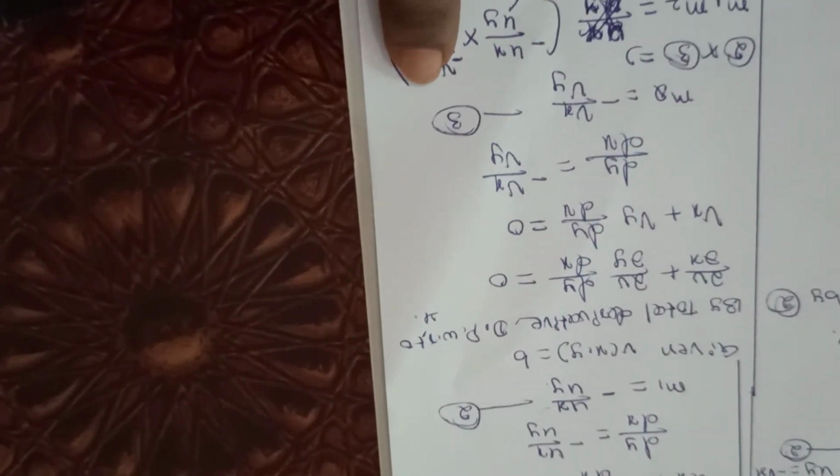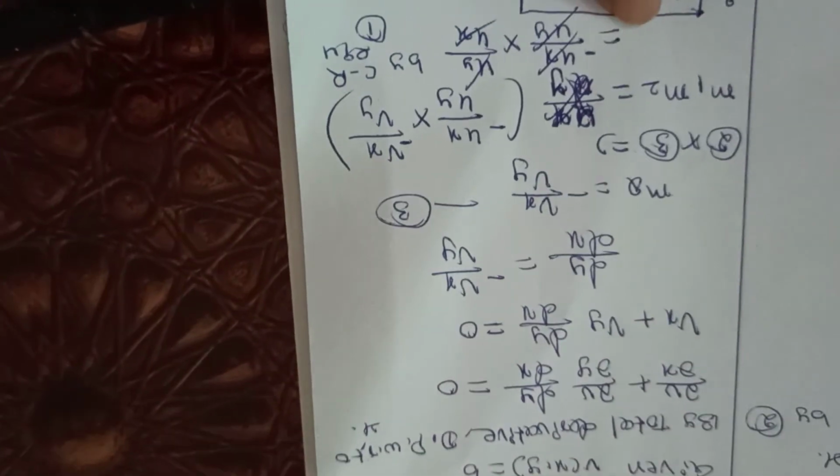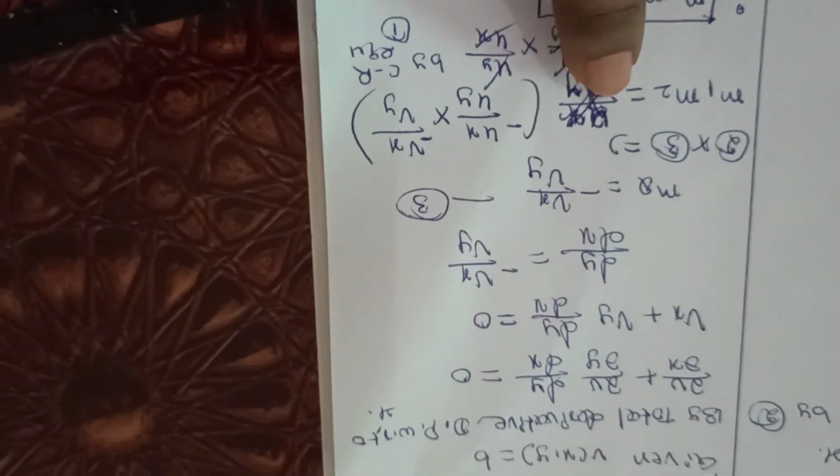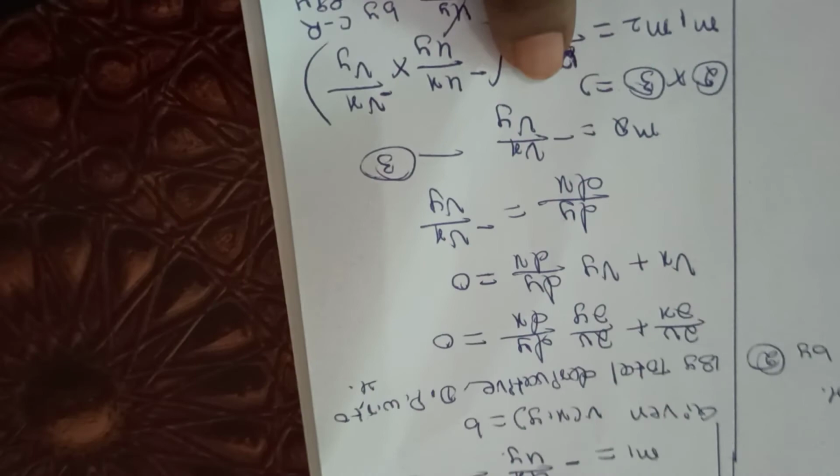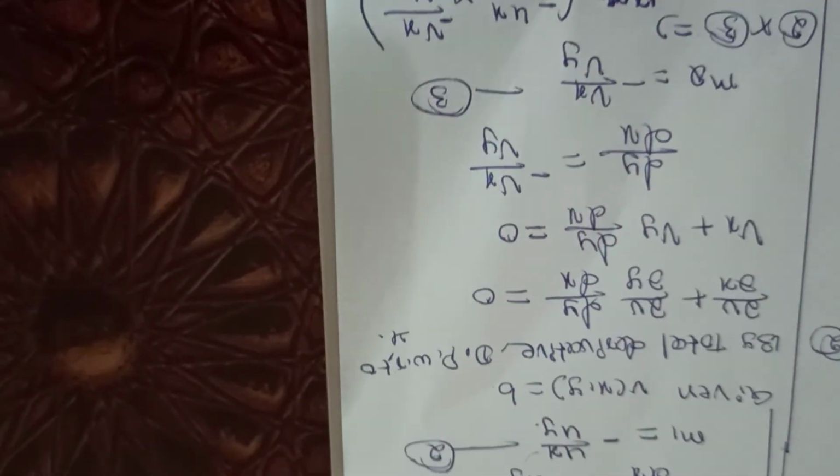Next, multiplication of equations 2 and 3. Multiplying equation number 2 and 3, the left side is the multiplication of m1 and m2, that is m1 m2 which is equal to